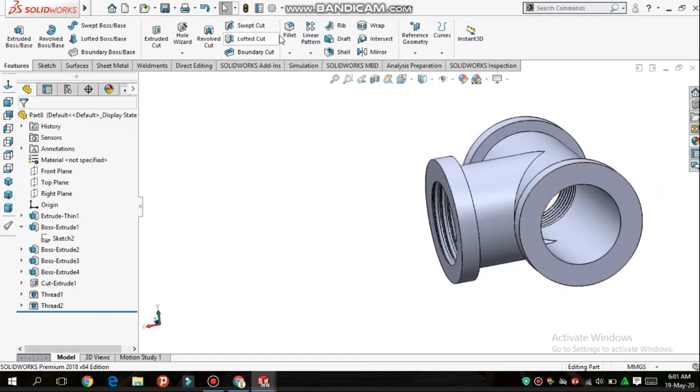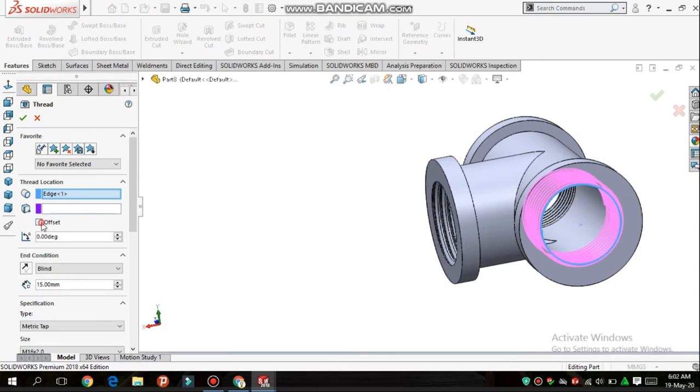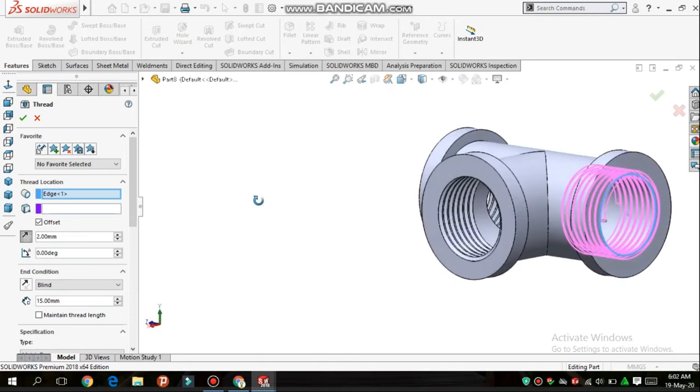So again go to the threads, select that circle and make it offset 2 mm in reverse direction.